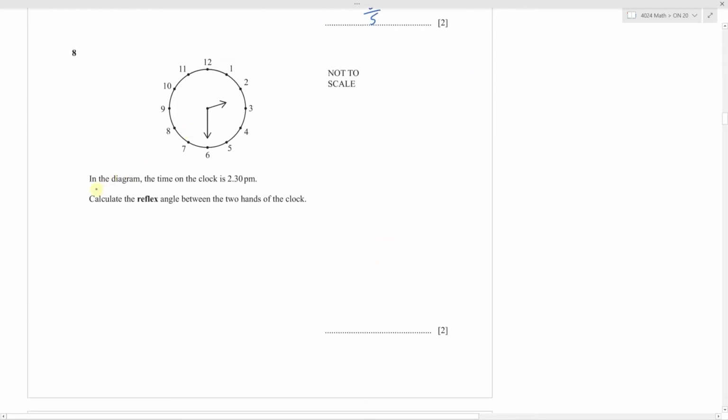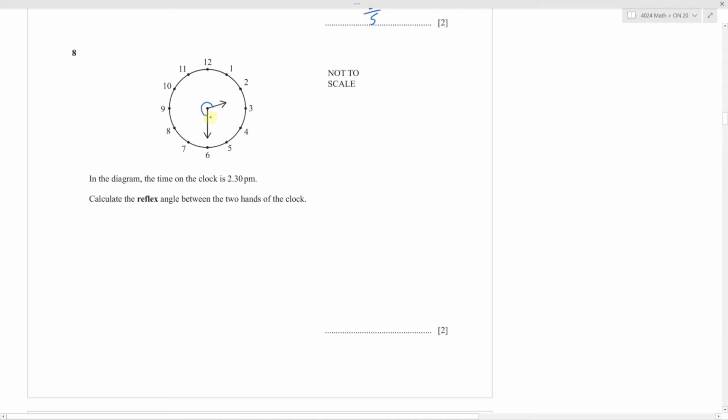Question number 9 is, in the diagram, the time on the clock is 2:30 p.m. Calculate the reflex angle between the two hands of the clock. So your reflex angle is greater than 180. So the reflex angle is between 180 and 360 degrees. So the reflex angle between the two hands of the clock is this angle, which is between 180 and 360